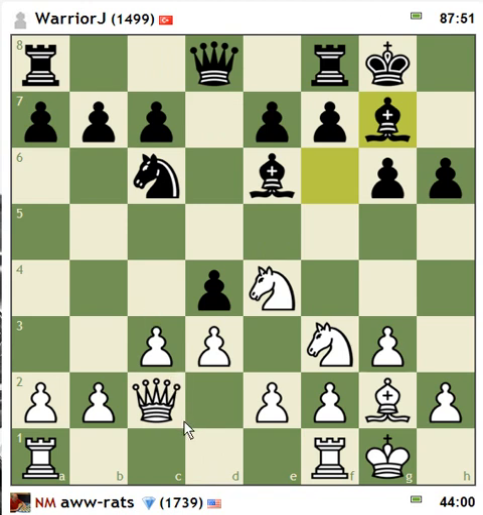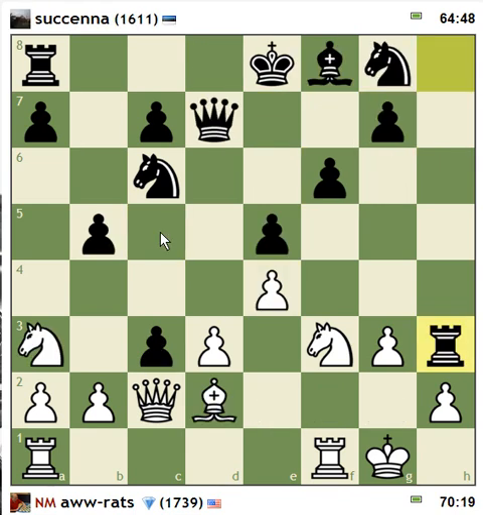Oh, wow, I'm down to 44 minutes here. What's happening? Bishop g7. Okay, knight c5. Natural move. Okay, rook takes. He took with the rook. Okay, I was thinking he had to take with the queen, but he took with the rook. Now, what does that change, if anything? I can take with the...